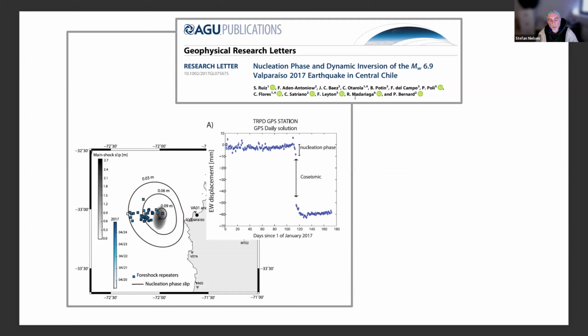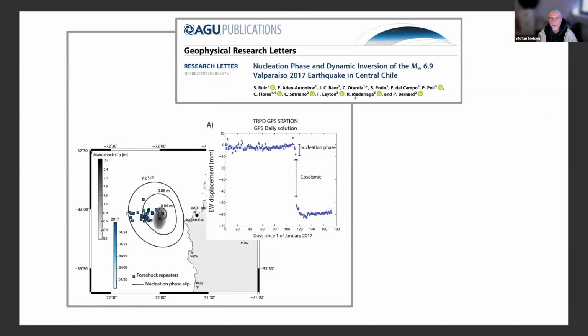This is another interesting one. In this case, the pre-slip or the slow slip event was much larger in the area that it occupied with respect to the earthquake. So the earthquake was within the area that started to slip earlier. So this tells us that there's a complex interaction between slow slip during the earthquake cycle and eventually dynamic earthquakes.